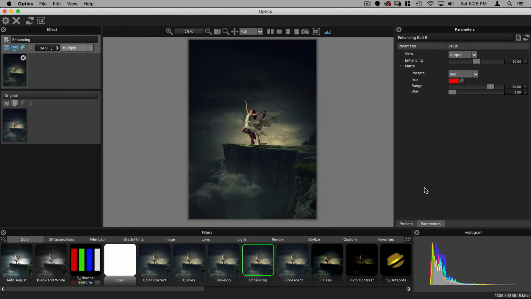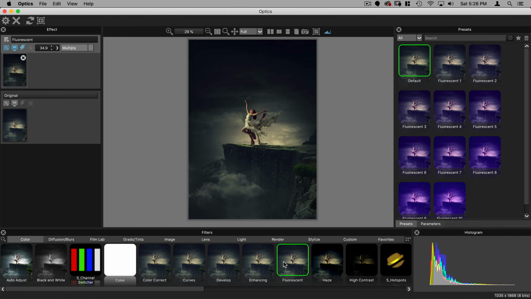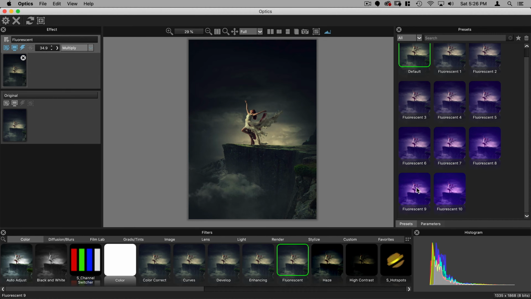And, you know, not entirely sure the value of this. It's essentially another way to adjust your image. Again, this is not one that I would use. Same with fluorescent. It basically adjusts the,